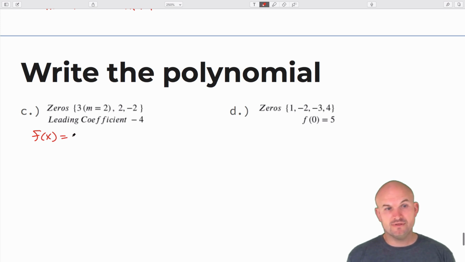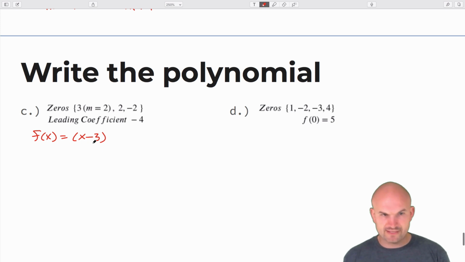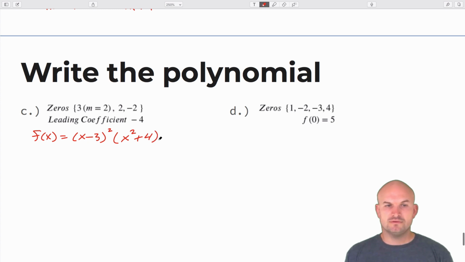a little bit quicker. Like this is x minus 3, right? If that's 0, 3, then we know it's going to be x minus 3 squared. These would multiply to give you a x plus or minus 2, so therefore it could be x plus or minus 4. Oh no, minus 4, sorry. So that'd be x plus 2, x minus 2. When you multiply those, that gives you x squared minus 4. So I'm just skipping some steps because